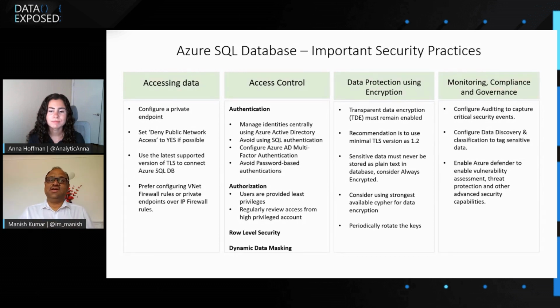Then enabling your Azure Defender also switches on advanced threat protection, which integrates alerts with Azure Security Center. And you get alerted during various security threats like SQL injection attacks or a change in the access pattern, like someone trying to access your data from an unusual geographical location or unusual Azure data center, or you're getting abnormally high failed sign-ins, or someone is trying to do a brute force attack and all those things. So you'll get alerted if any of those things happen. There are quite a few others as well.